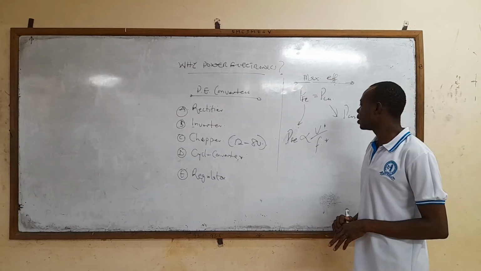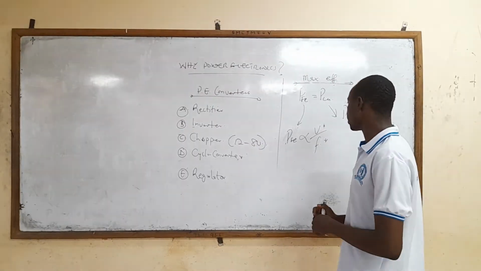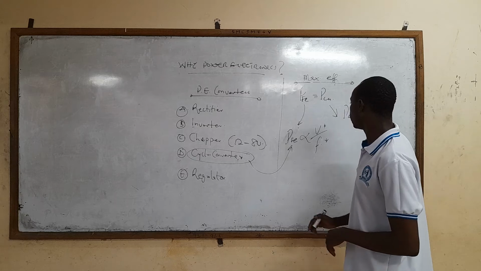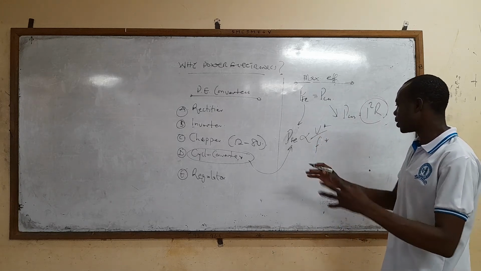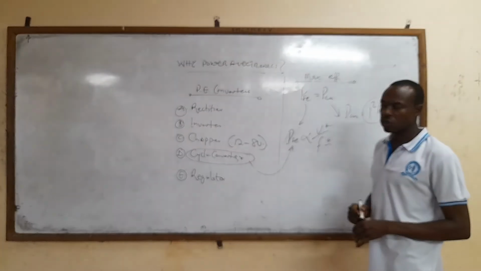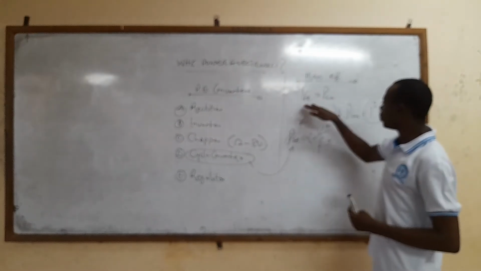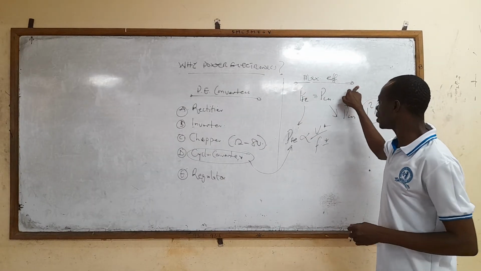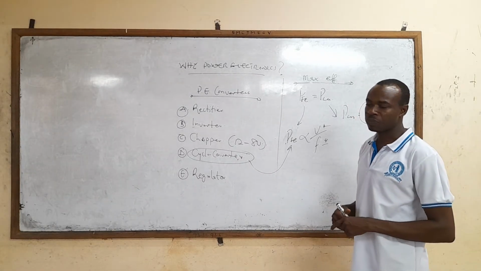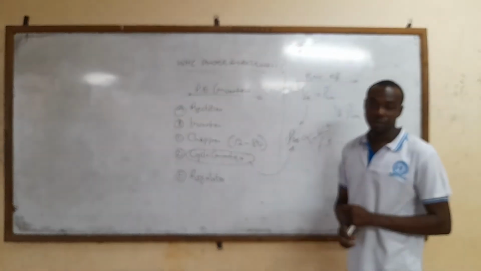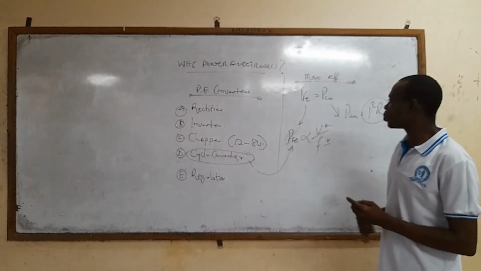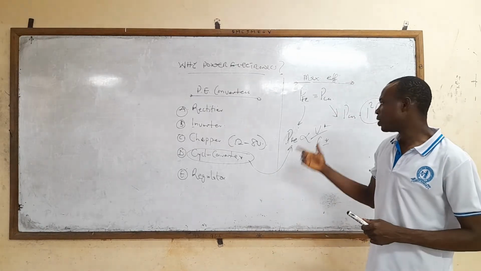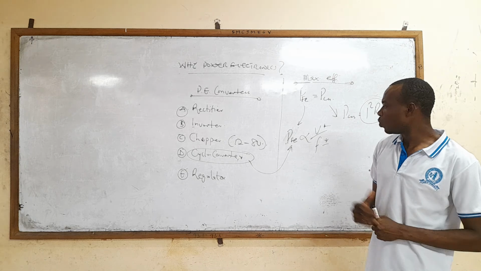So, what we do is that we can employ any of these converters, which is the cycloconverter. You can use the cycloconverter to change our voltage, and at the same time, we can use it to change the frequency. So, by doing this, we should be able to match with the copper loss at all points so that this condition can be met in the industry and we can get our maximum efficiency from the transformer. So this is another point that will establish that power electronics is very, very important in the electrical engineering field. So we'll meet in the next